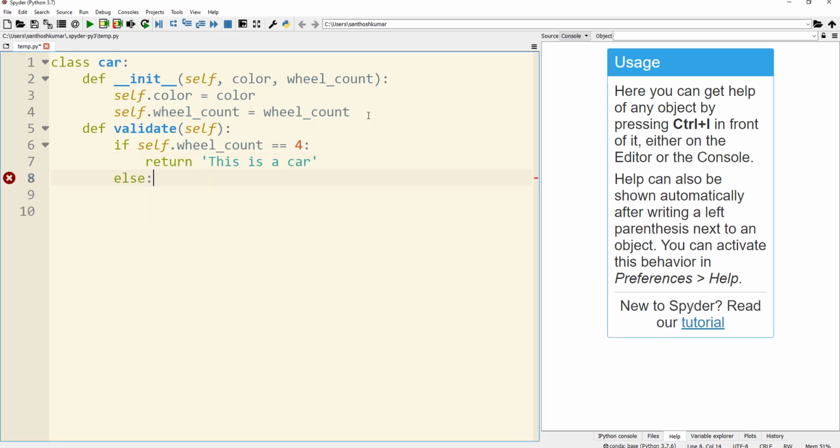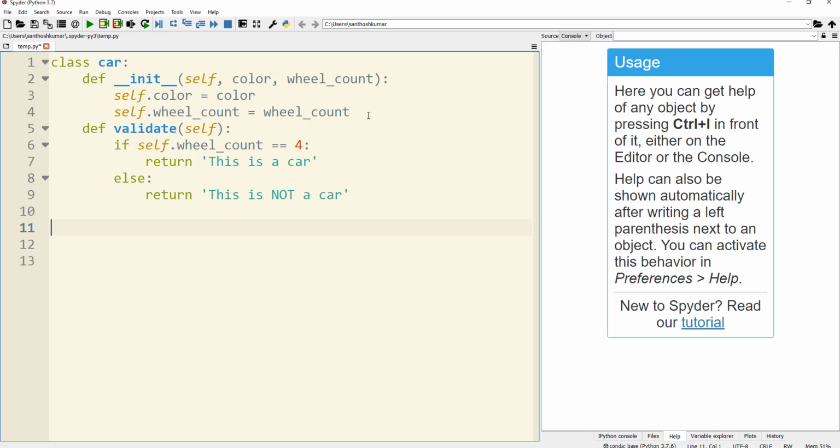Otherwise it returns the string "this is not a car". So now we have defined a class called Car, we have initialized the attributes, and we have defined a method called validate within the class, which is going to check the wheel count attribute, and based on that it is going to return a specific string.